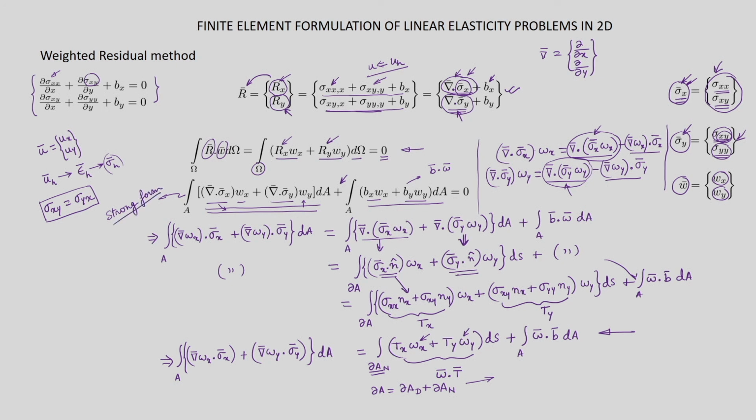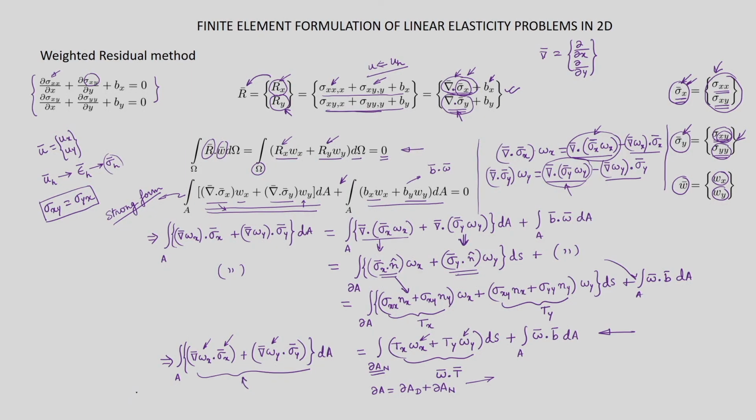So this is the strong form, and in the form that we just now derived, we have only the first derivative of W, and in the stresses we have the first derivative of displacement. So it means that U has to be only C0 continuous, meaning only the value of U has to be continuous in order to have the integrand defined. This form we call the weak form. So once we have defined this weak form, what next?